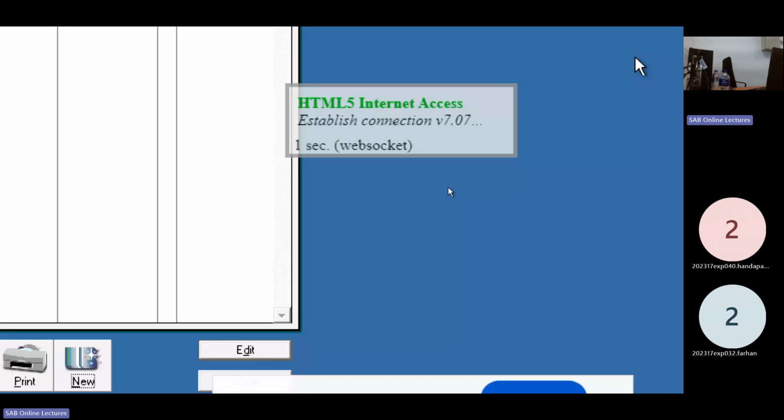Continue. Yes, remote. Yes, you complete. Because two persons are using the same camera.